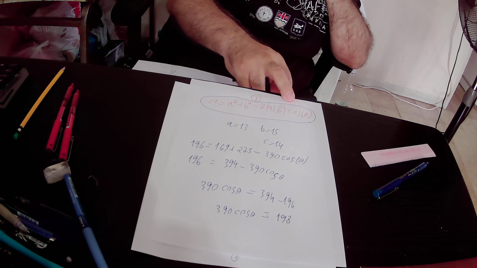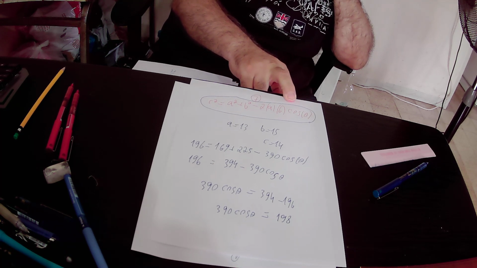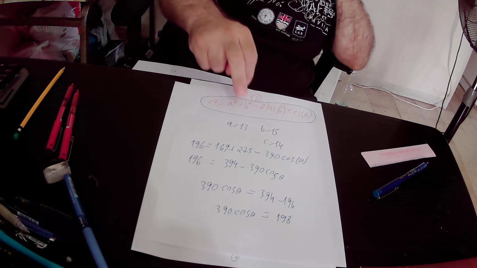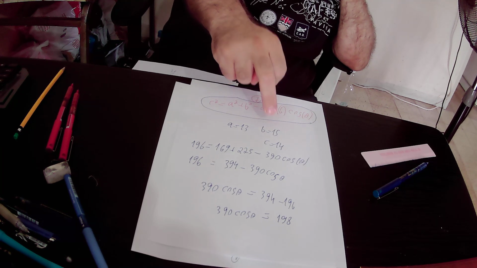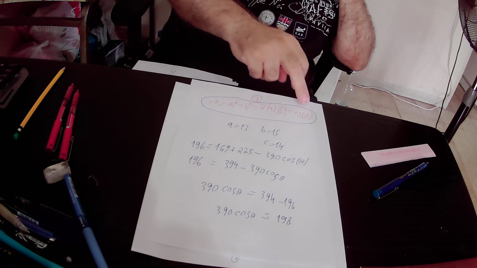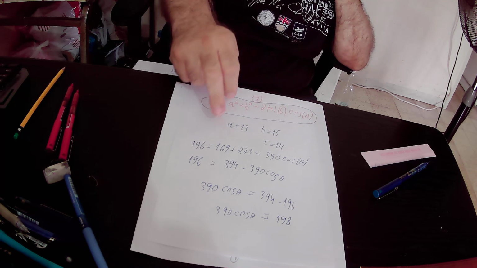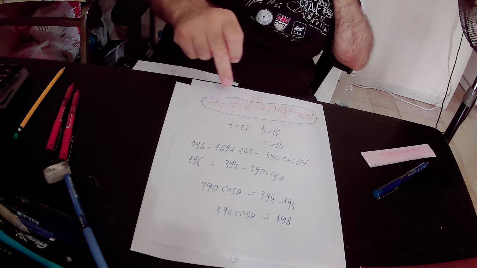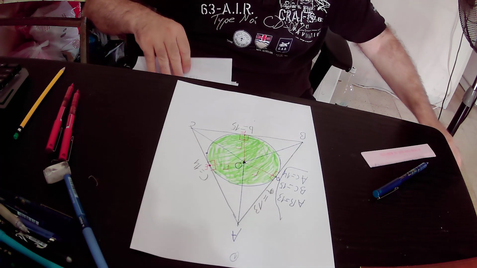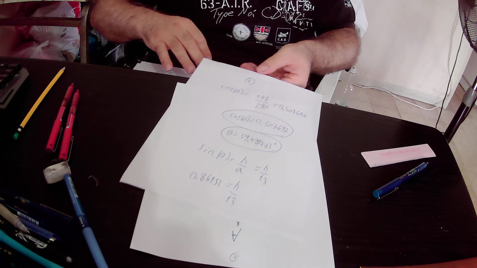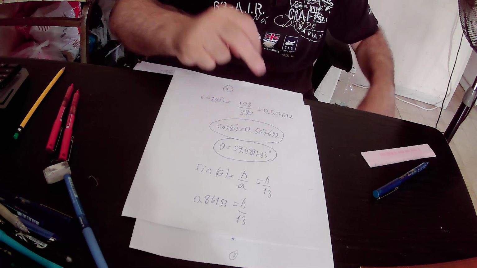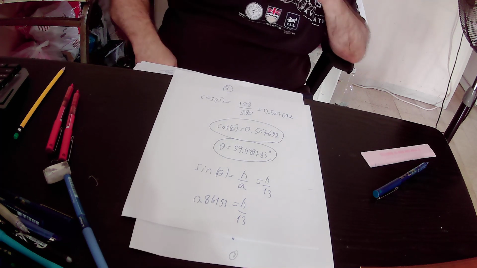The only missing variable here is cosine theta, because we know all the sides A, B, and C. A equals 13 units, B equals 15 units, and C equals 14 units. And the only missing variable is cosine theta, so we put the data inside this equality, and we found out that cosine theta equals 0.507692, and